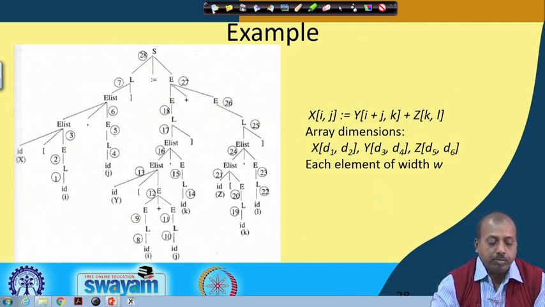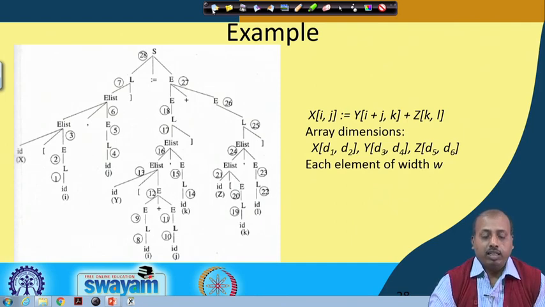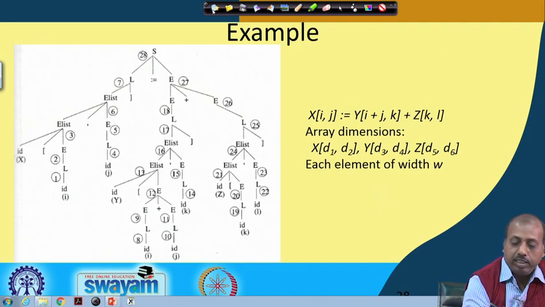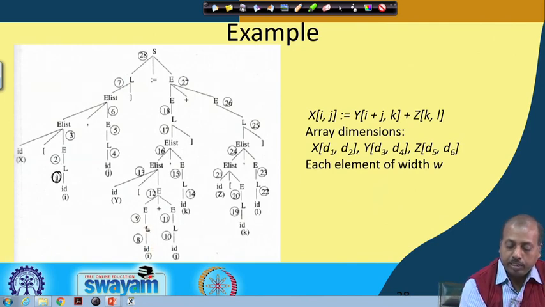After that, what I have done is that I have marked the reductions in the reverse order. The first reduction that will be done is this one, L producing id. So, that is the first reduction that the parser can do. So, this is numbered as 1, then this one number 2. Once 1 and 2 are over, I can do this reduction. So, that is 3. After that I can do this reduction, this is 4, then this one 5, this one 6, this one 7. I cannot proceed further. So, I have to come down, see where is 8. So, this is my 8. Once this is done, this is 9.